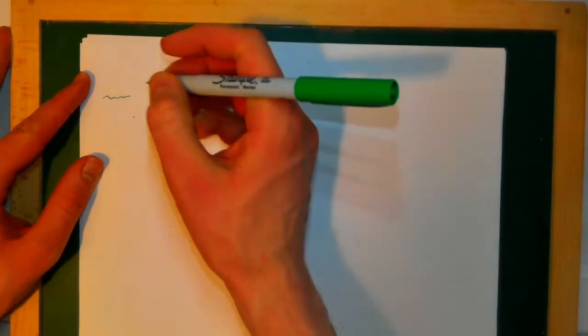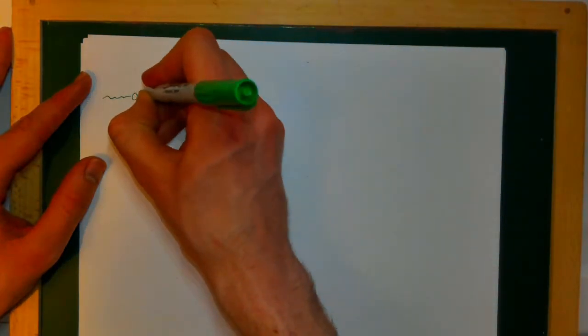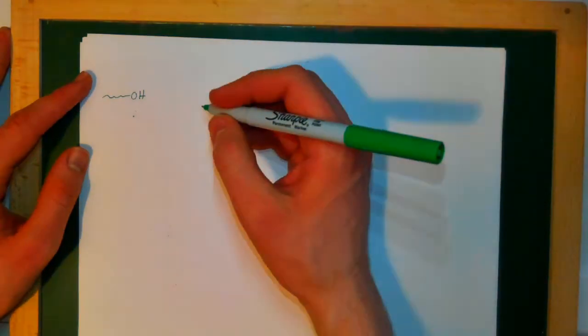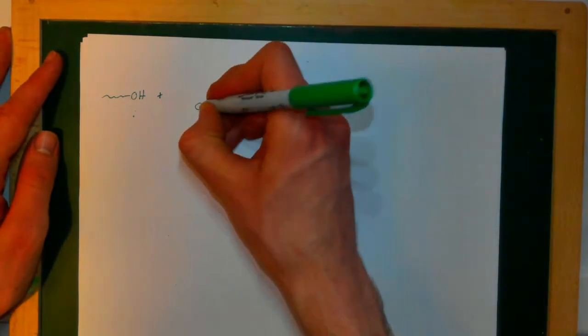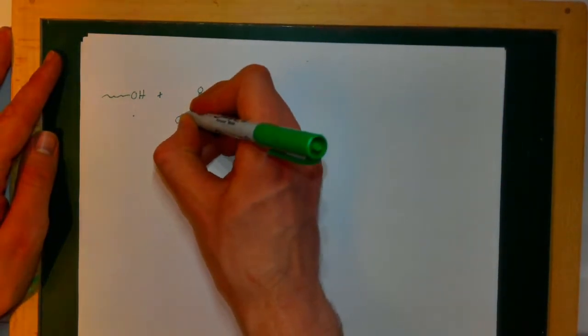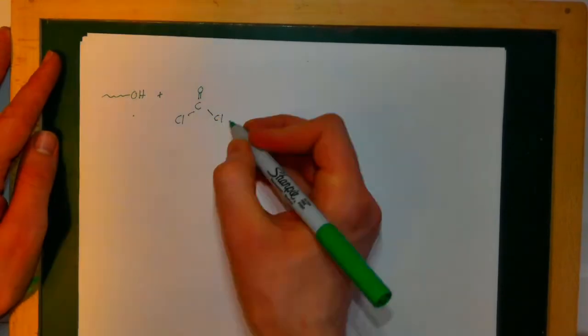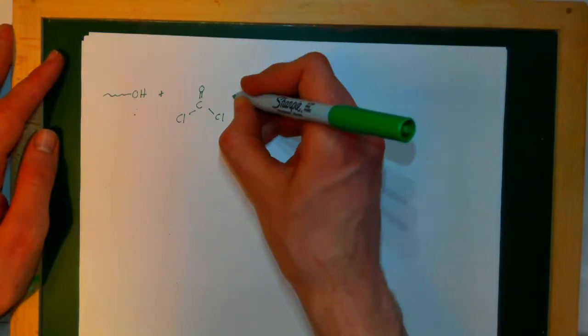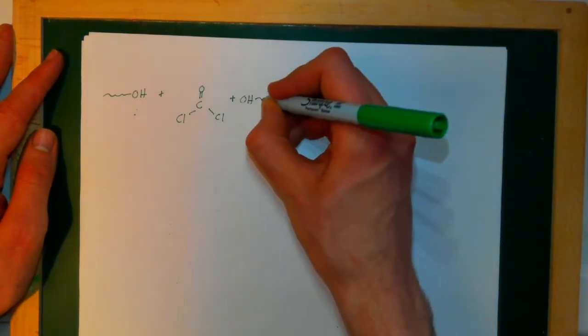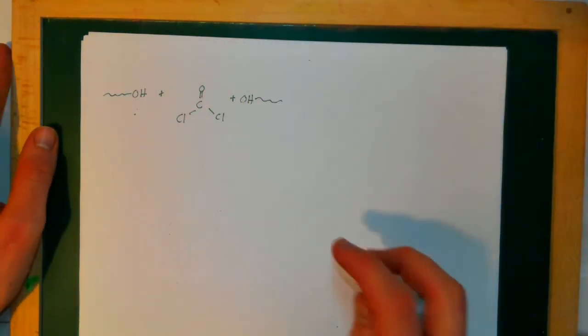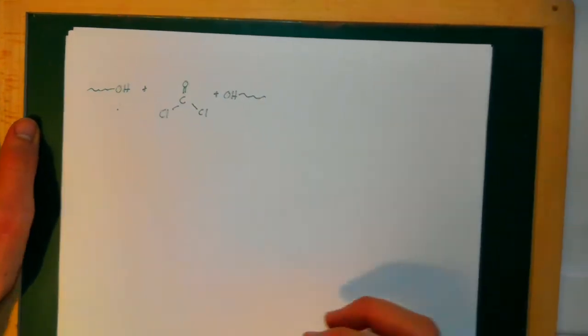So we have something with an OH group, and then we have plus this wacky molecule right here: a carbon double bonded to an oxygen with two chlorines, and then another OH group with whatever chain we had growing right here. So these react with one another